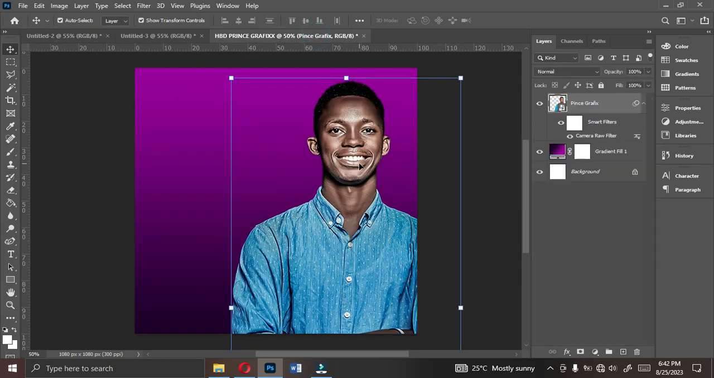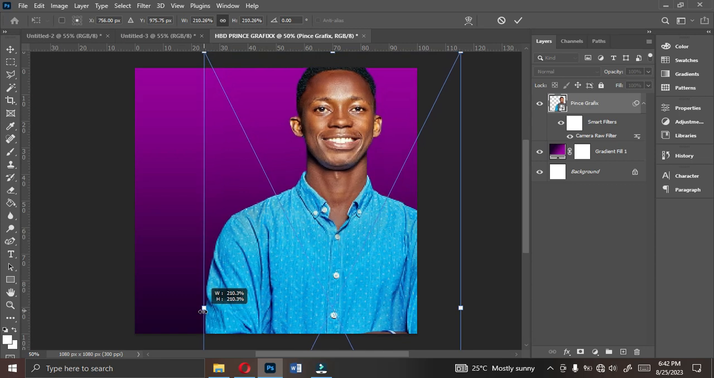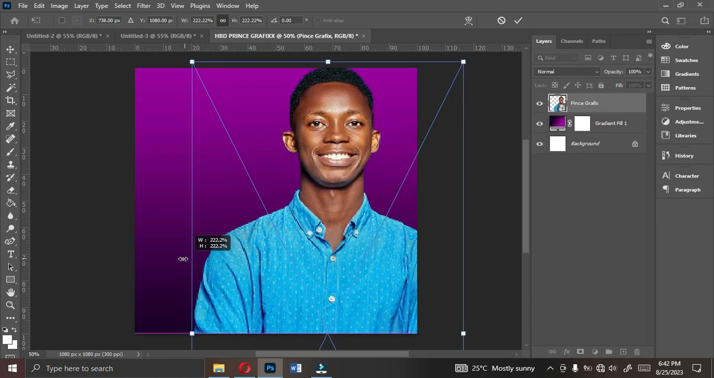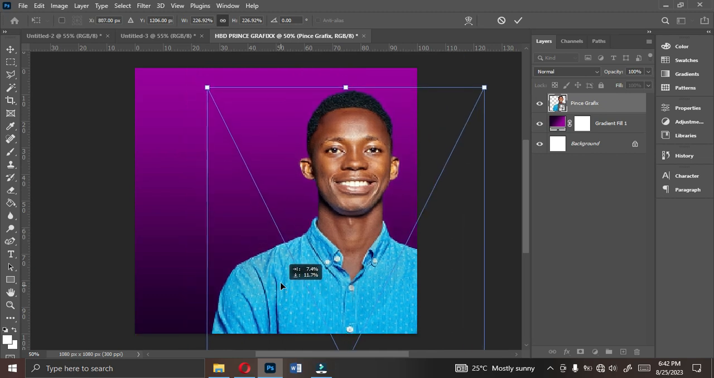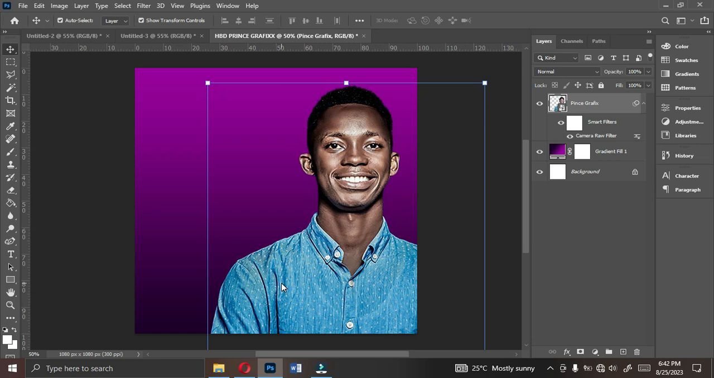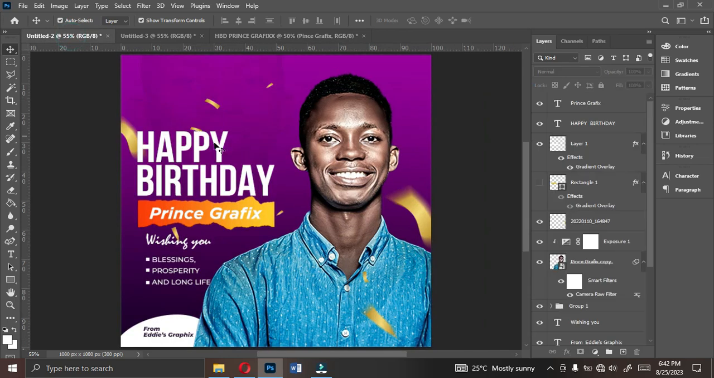Alright, so let's try to enlarge the image a little bit. Okay, let's enlarge the image a little bit, which I think is okay. Double click to accept and there we go. Absolutely beautiful. So the next thing which is left for us is to bring in the Happy Birthday, which is